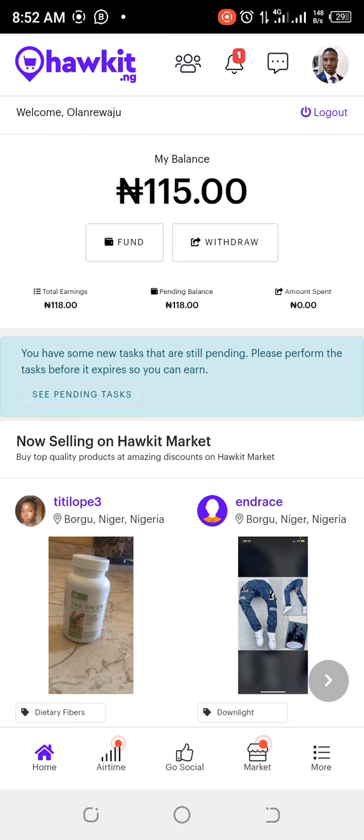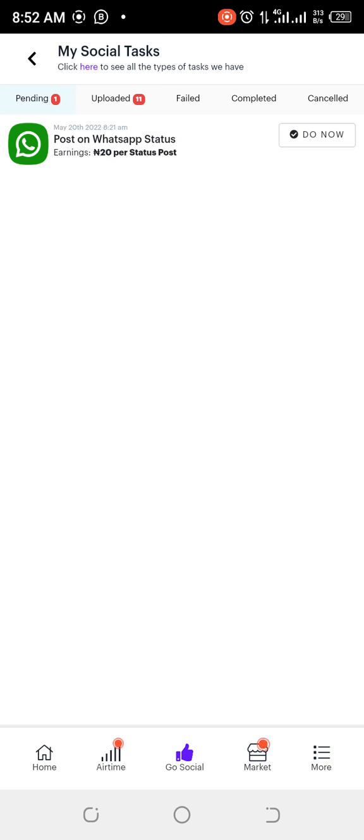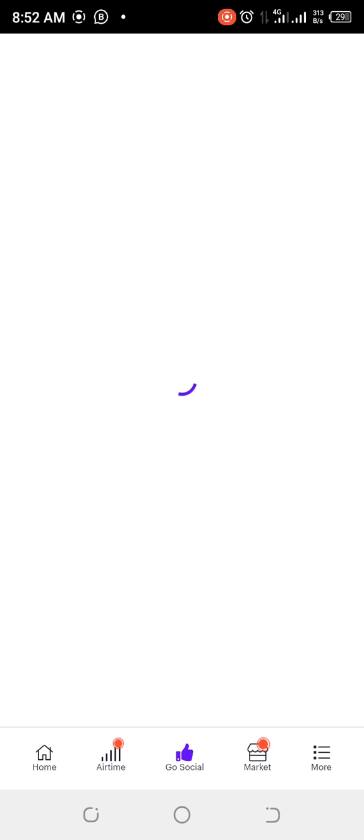Okay, this is my dashboard. If you can see here, it says you have some new tasks that are still pending. Please confirm the task before it expires. You can end and just click here to see. Sorry, this network is slow. You can see that it has popped up. Now click do now. When you click do now,